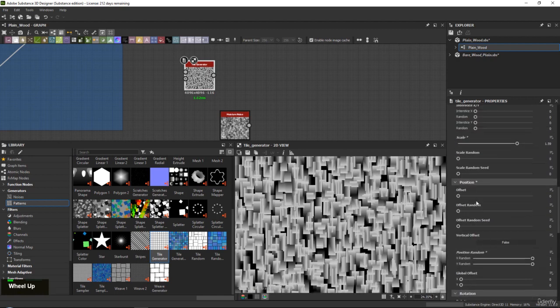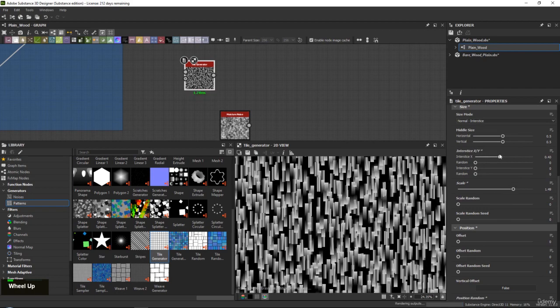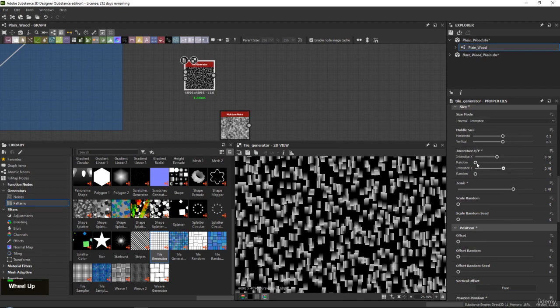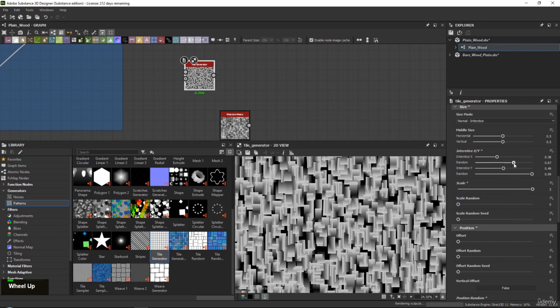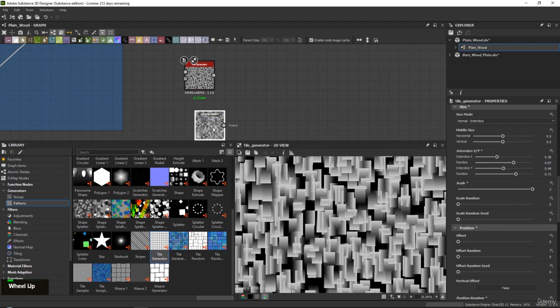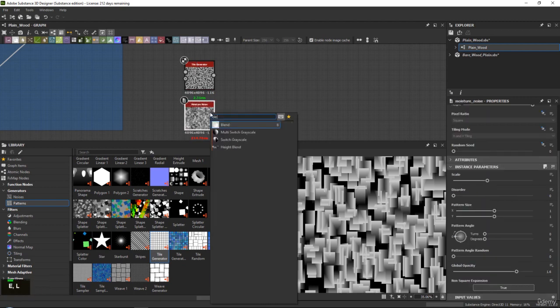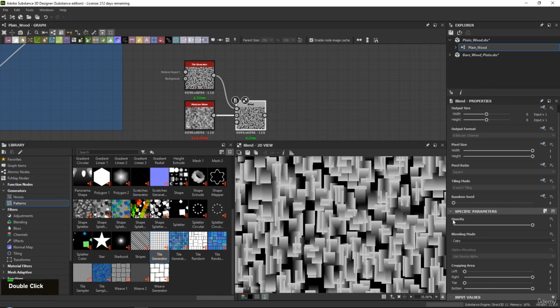But that's fine if that's kind of what I'm going for. Maybe set the instance scale and the random and everything up, so that we basically just get a bunch of different variation in here. And it's just that we get something like this. It doesn't really need to be precise. It's just to get some kind of squareness in our noise. Because then if we blend our moisture noise using this tile generator and do a multiply,